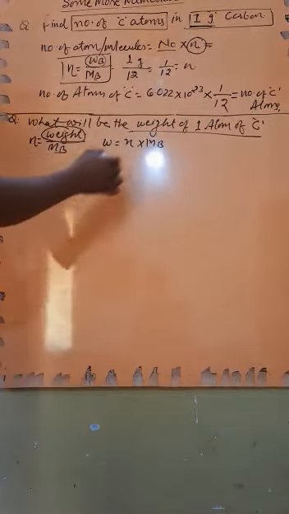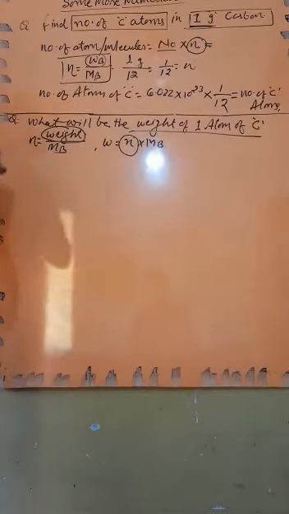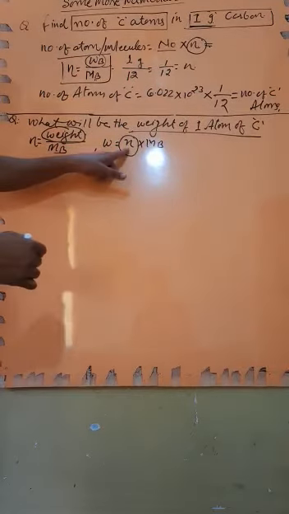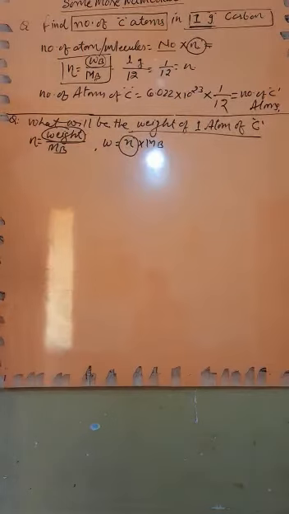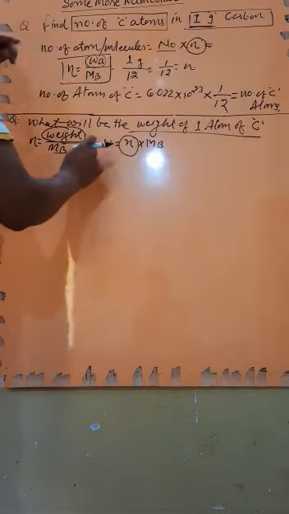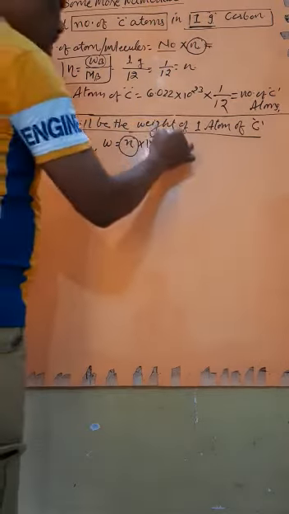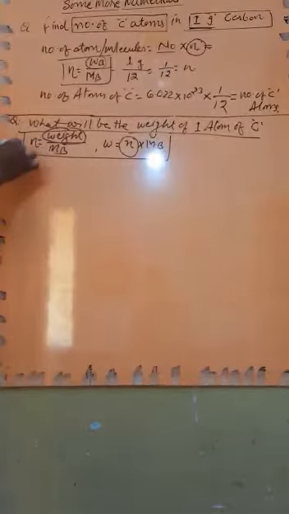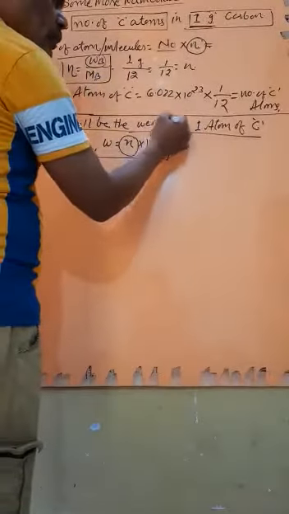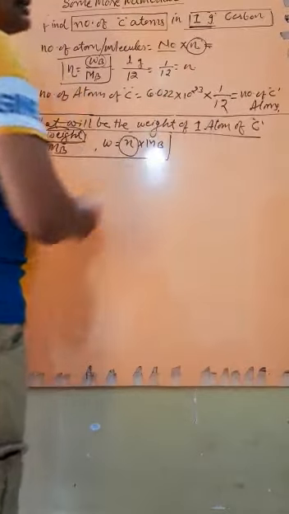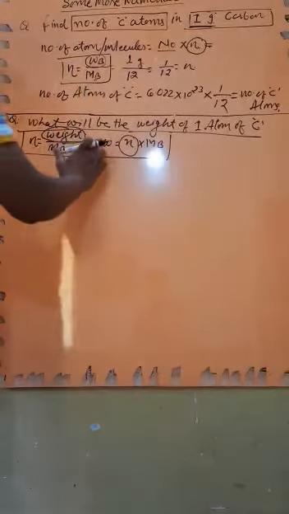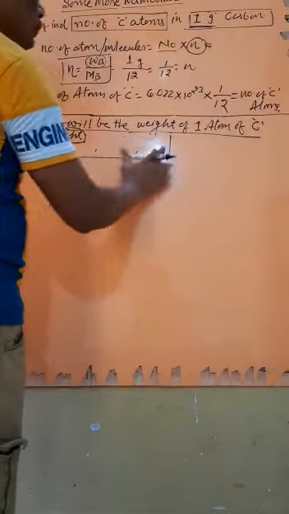So again we have to find the number of moles, and to find the number of moles we use weight upon molar mass. Can we use this formula here? We cannot use this formula here, but we can go to another, simpler method. So what could be the simpler method?